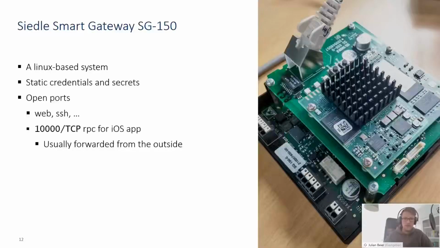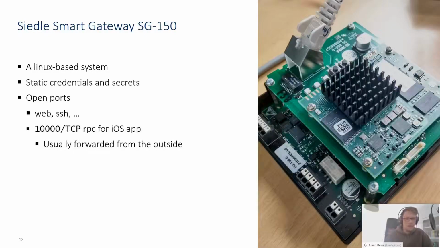So let's start with the first device we looked at, the Ziele Smart Gateway SG150. You can see the device here on the right side, opened up. It's basically just a Linux-based system, so it's just a Linux computer on an ARM chip, so we felt right at home.